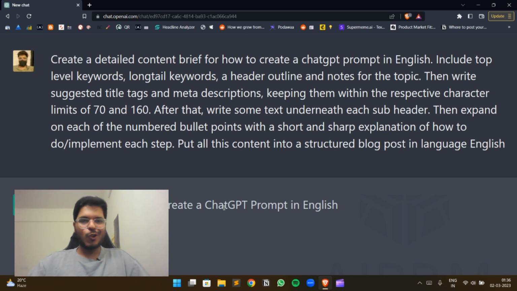Include top level keywords, long tail keywords, a header outline, and notes for the topic. Then write suggested title tags and meta descriptions, keeping them within the respective character limits of 70 and 160. After that, write some text underneath each subheader, then expand on each of the numbered bullet points with a short and sharp explanation of how to do or implement each step. Put all this content into a structured blog post in English language.